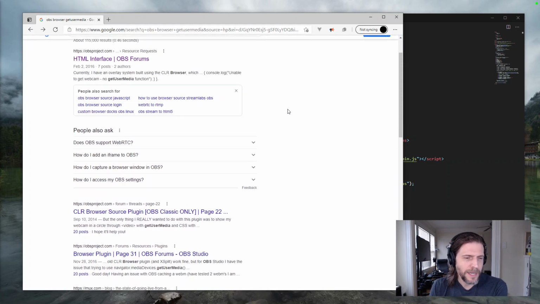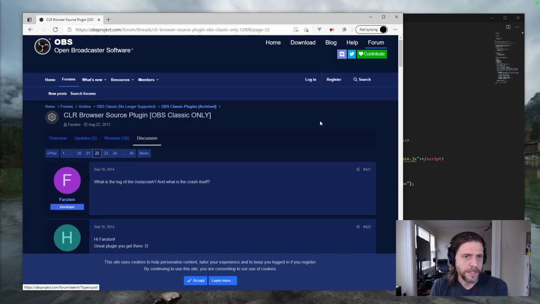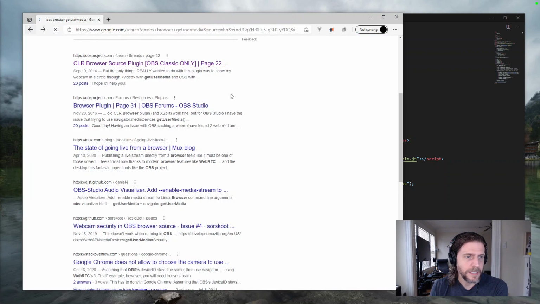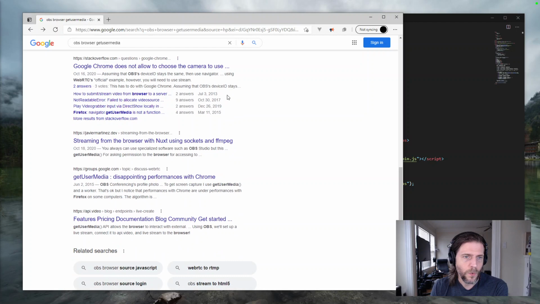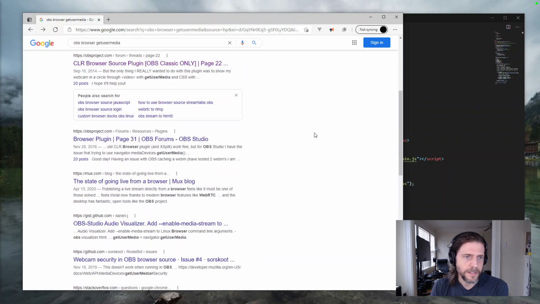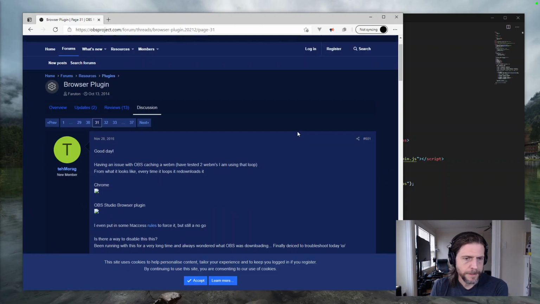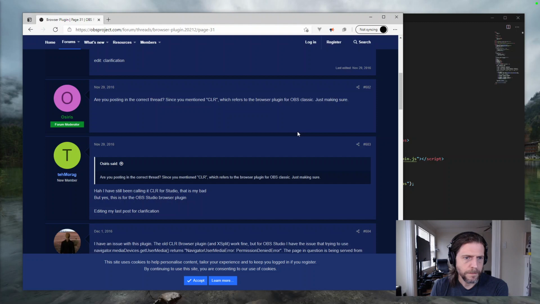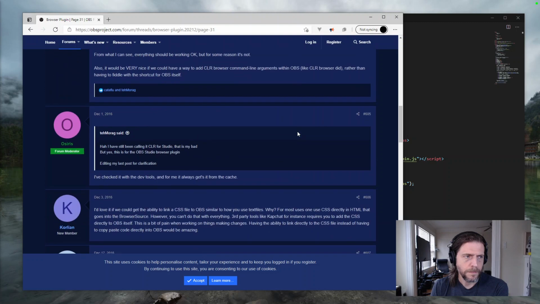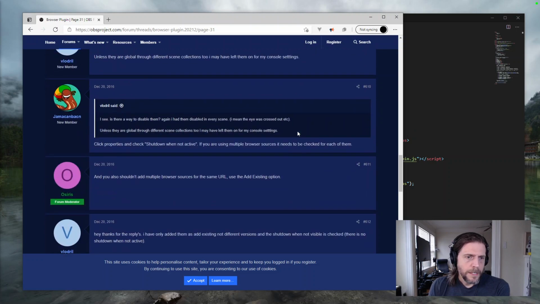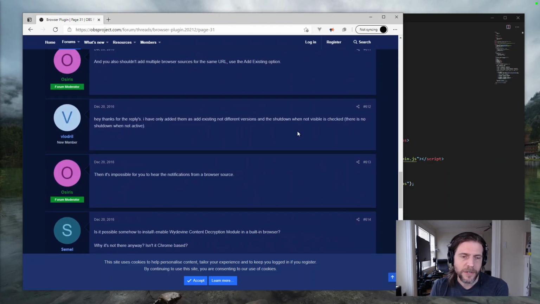I just don't think there's a way. CLR browser source. What would be cool is if the browser source could magically just allow. I don't exactly know what I need to search for to find this. Because if we could just get, yeah, there's lots of things that make this annoying, unfortunately,